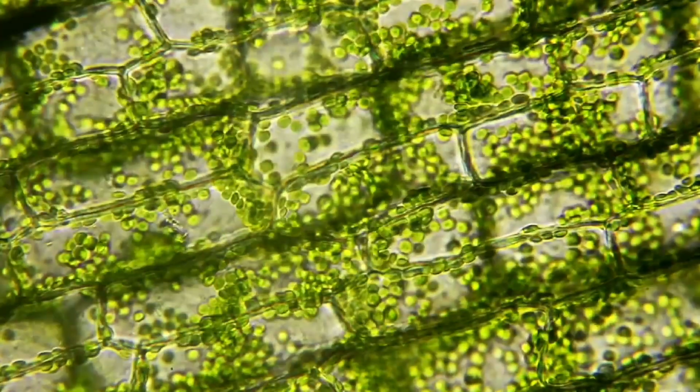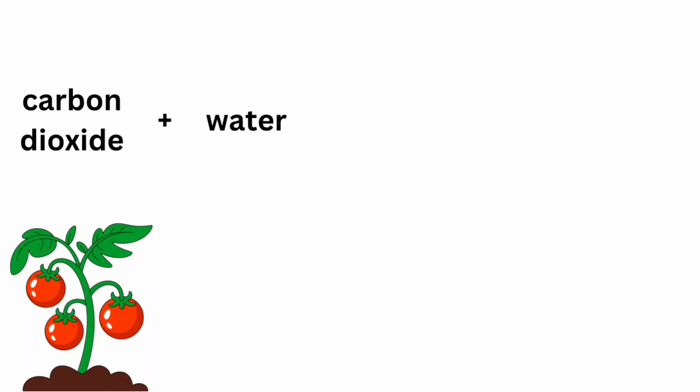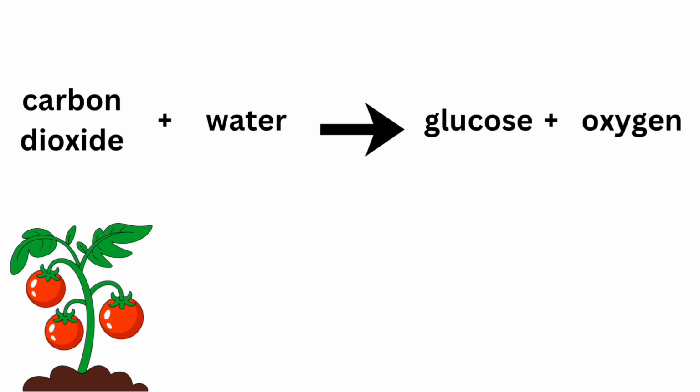This is a chemical reaction that happens inside plants. Carbon dioxide and water react to make glucose and oxygen. As you'll see from the golden arrow, photosynthesis needs light energy to happen, and the reason plants do it is